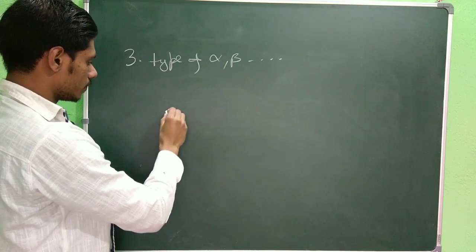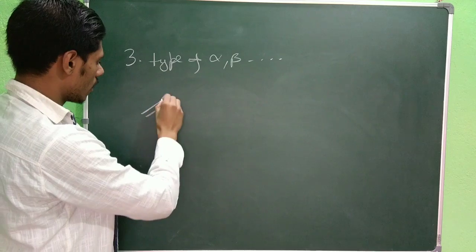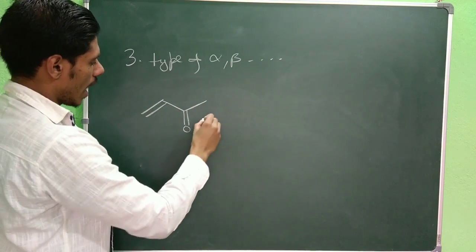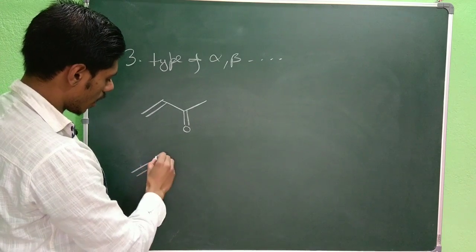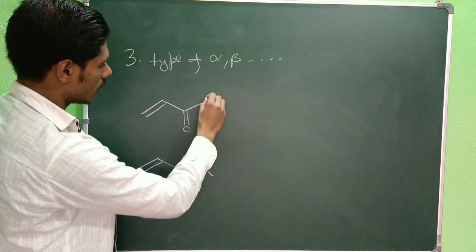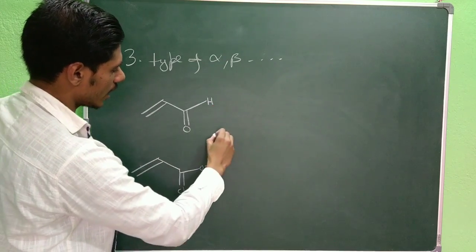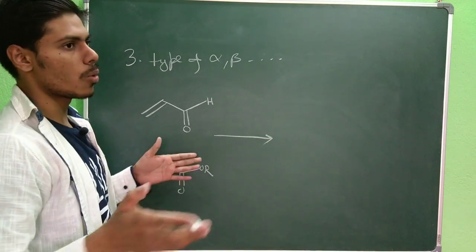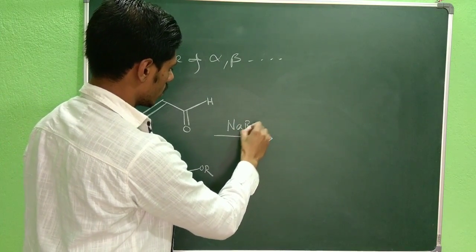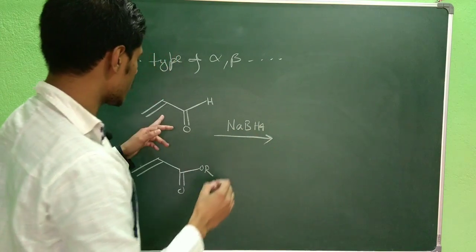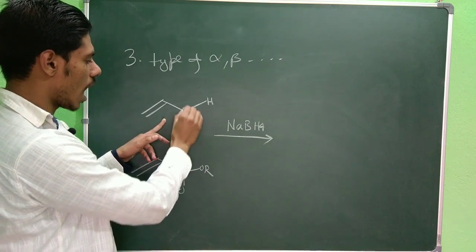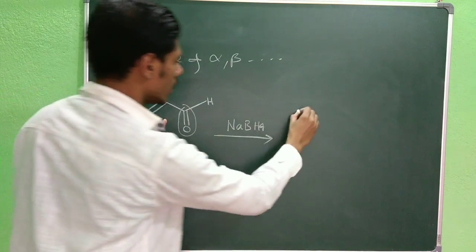Now for example, if you have an alpha beta unsaturated ketone, an alpha beta unsaturated ester, or an alpha beta unsaturated aldehyde and an alpha beta unsaturated ester, what will be the reaction? If you add sodium borohydride, in case of the alpha beta unsaturated aldehyde, your sodium borohydride will attack this alpha beta carbonyl compound directly to